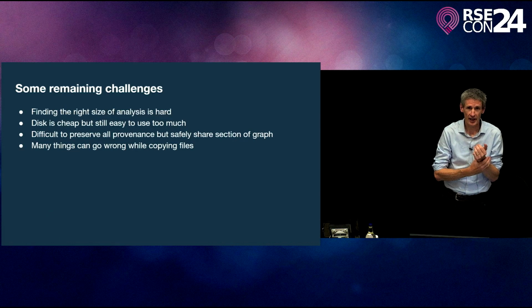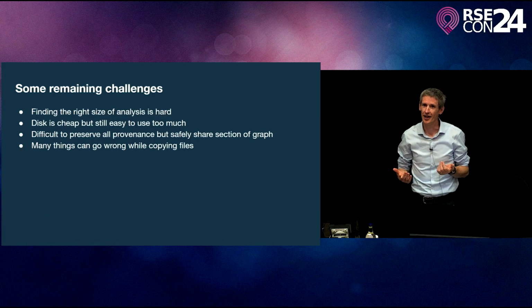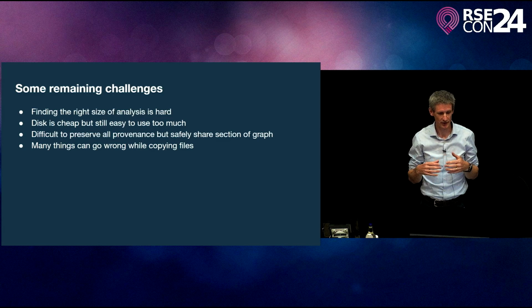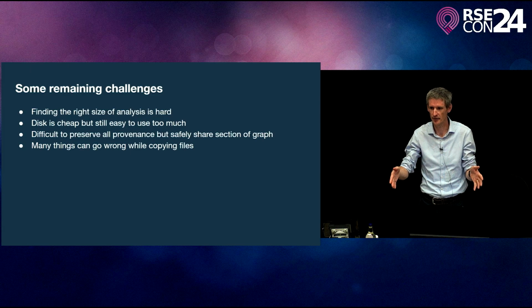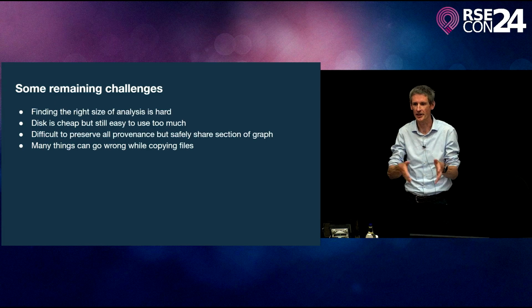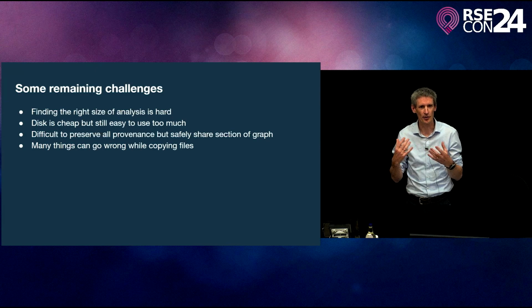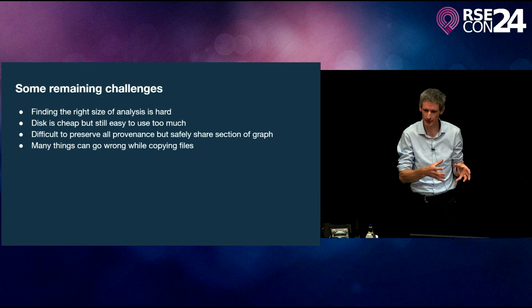So there's a lot of remaining challenges that we're still working through. The first one is sort of the most intractable, which is we're still trying to work out what is the right size of analysis. This is similar to when you start teaching Git to people at first, and they're like, well, what goes in a repository? Is it a package? Is it a paper? Is it like my whole lab's work? And there's no right answer to that, but there's a whole bunch of ways of working. Like, are you doing a monorepo style? Are you doing submodules? We've got language around that, and because we haven't even got language here, we're still really trying to work this out.